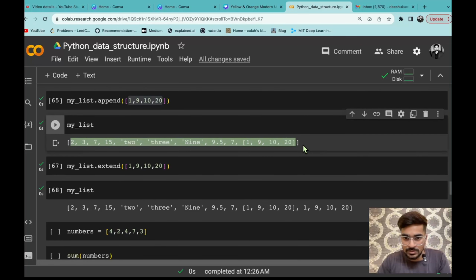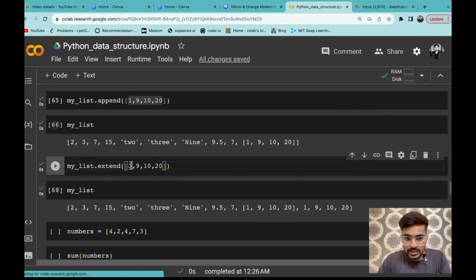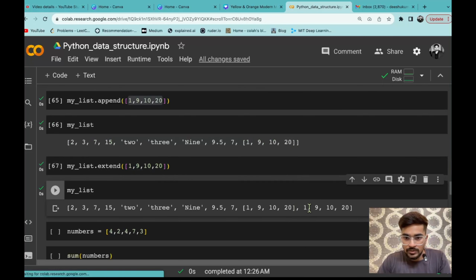Now inside that my list we are inserting that list of elements. So you can see instead of inserting all as a list, one by one all of the elements has got inserted at the last, not in any middle one, like at the last index starting from here all the elements has got inserted.